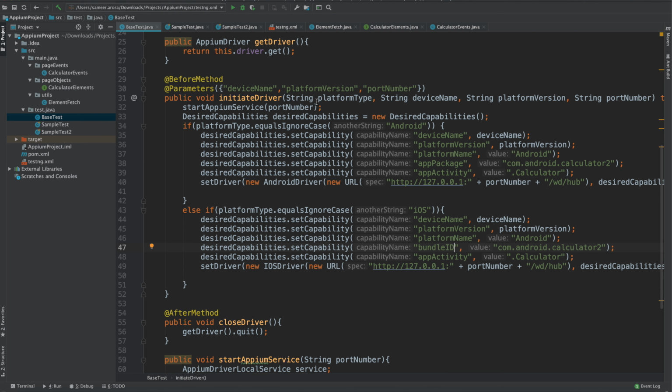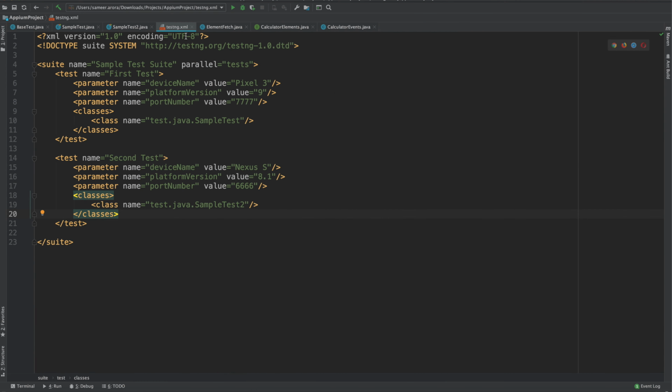And this particular platform type you can get it from the testng file, so you need to add this particular parameter here as well, which will be platform type. And then similarly you can do the changes on the testng file as well.